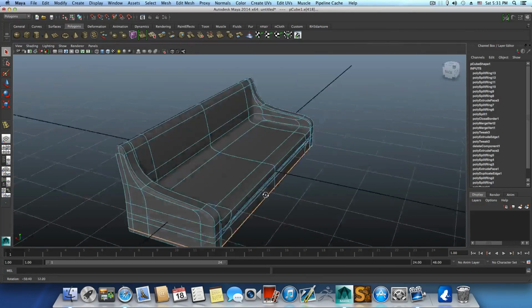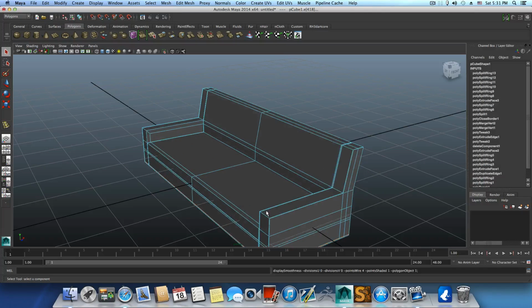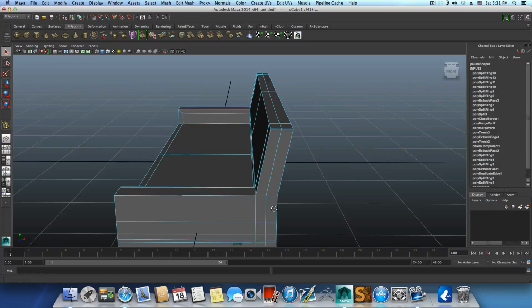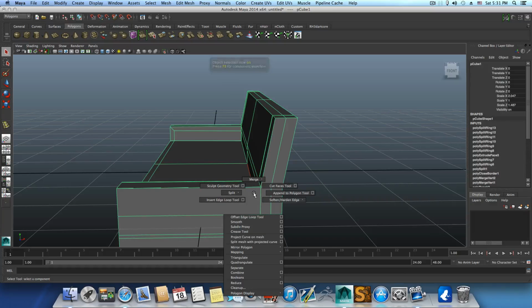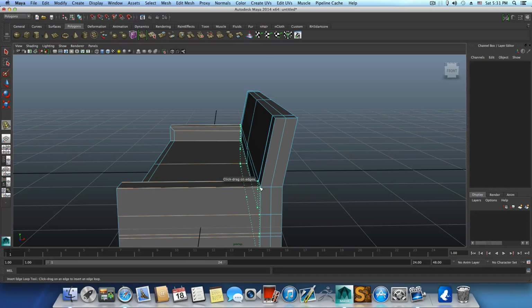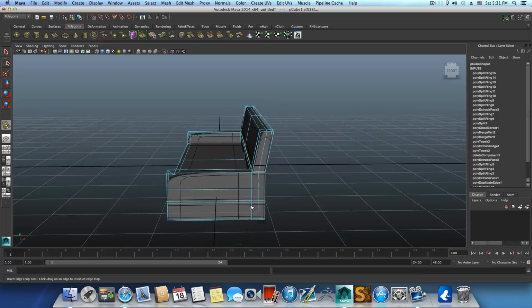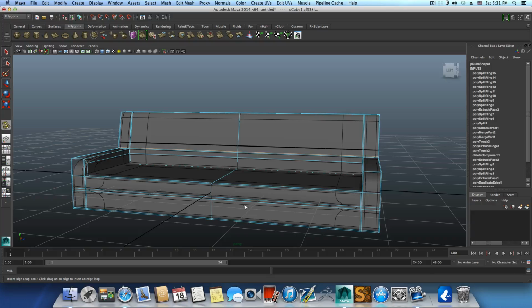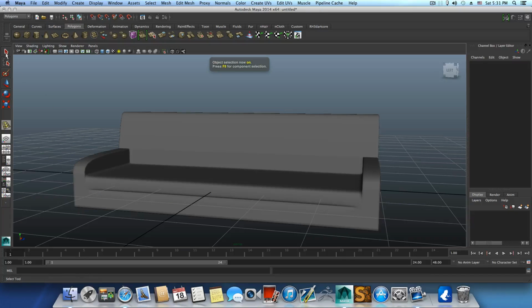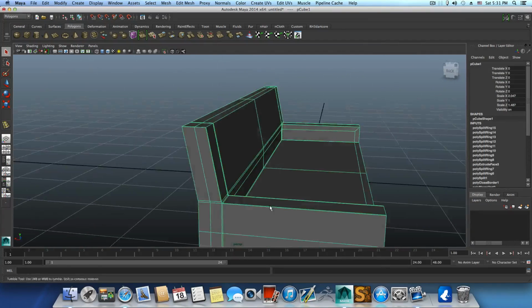Okay, it looks better. Still not what I intended to create, so if you're alright with this, keep it that way. If not, continue. Press F8 to bring it back to object mode. Hold shift and right click, insert edge loop. We will add one more edge loop here and one more edge loop here, and press 3. So this looks better. Okay, press F8 once or twice to bring it back to object mode. Press 1 to exit the smooth preview option,